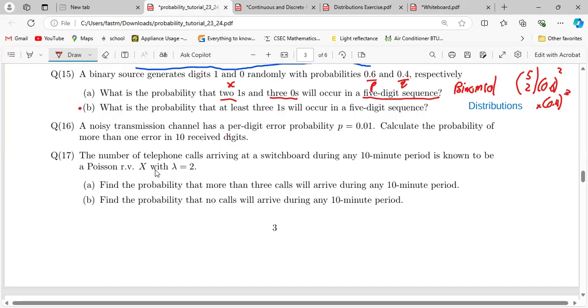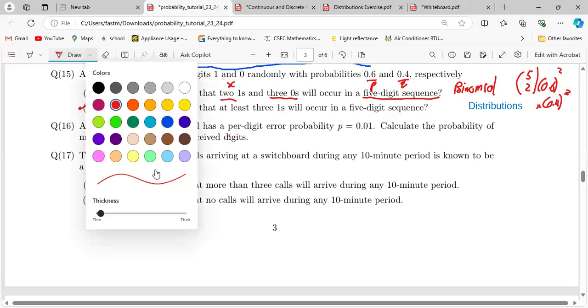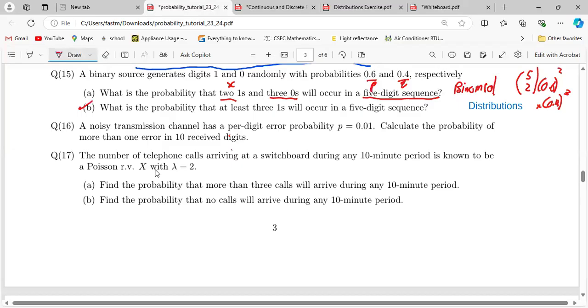And this one here is the same idea. We can try 16. Look how they word this one, so you can kind of see how it differs and how she does word it. So the cell and noisy transmission channel has a per bit error. So they give you a P of this. So calculate the probability of more than one error in 10